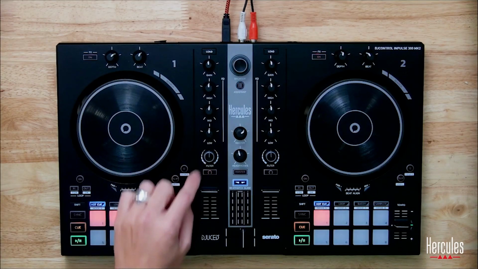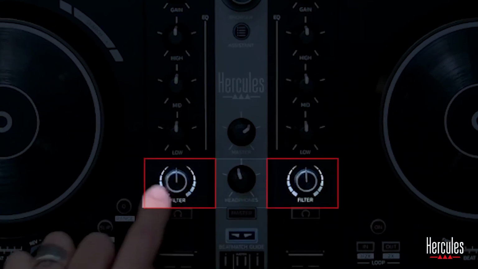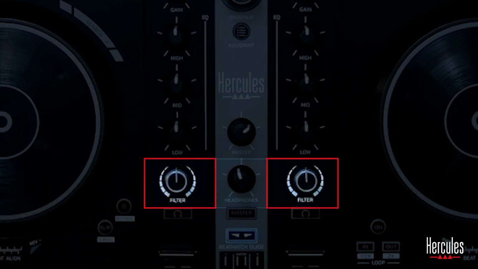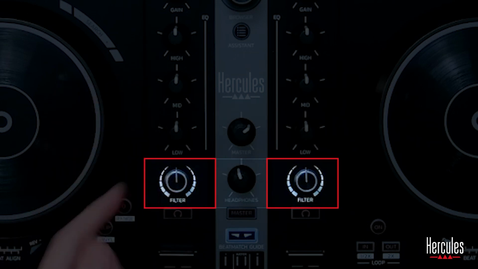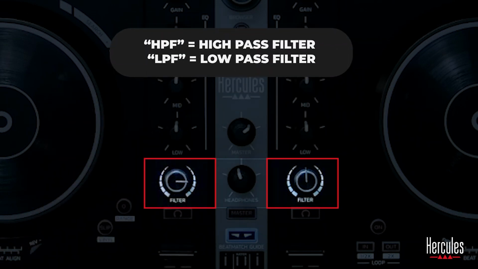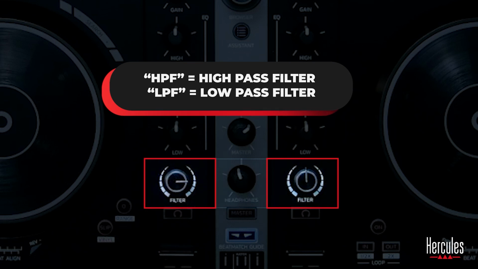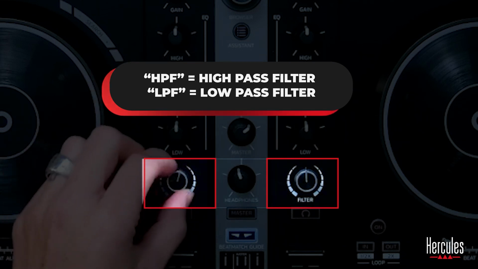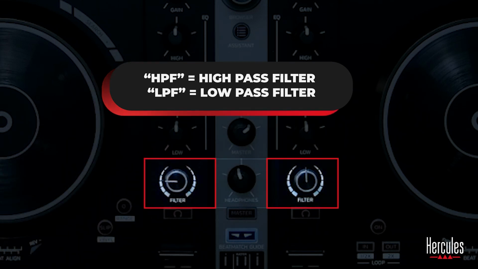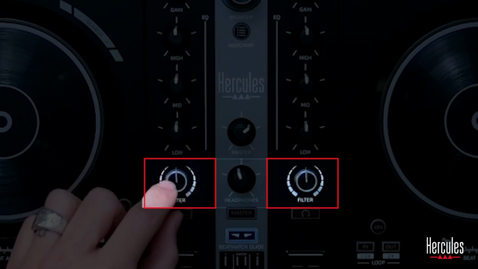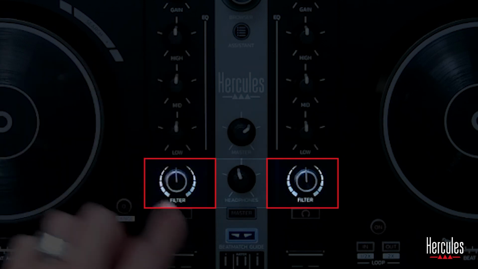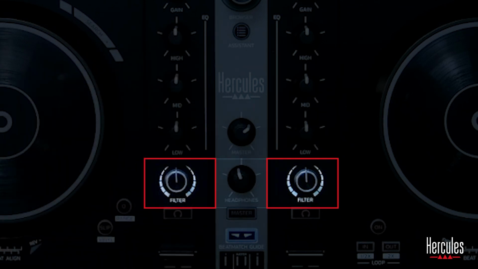Below our low knob, we have a filter knob. We've got that on each side. Now the filter is technically an effect, but it does also deal with frequencies. So if I move to the right, we're going to get a high pass filter, which is letting the highs pass through, all of our high frequencies. And if we go to the left, we're getting all of our lows passing through. So you could sort of think about this knob as affecting all three of these at the same time, to some degree. It's also bending the frequencies as well with the filter, creating this really cool sort of sound.